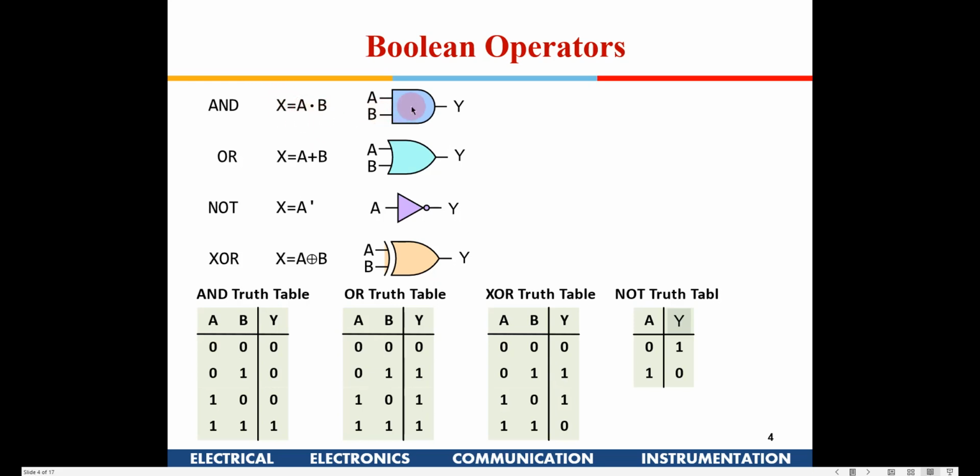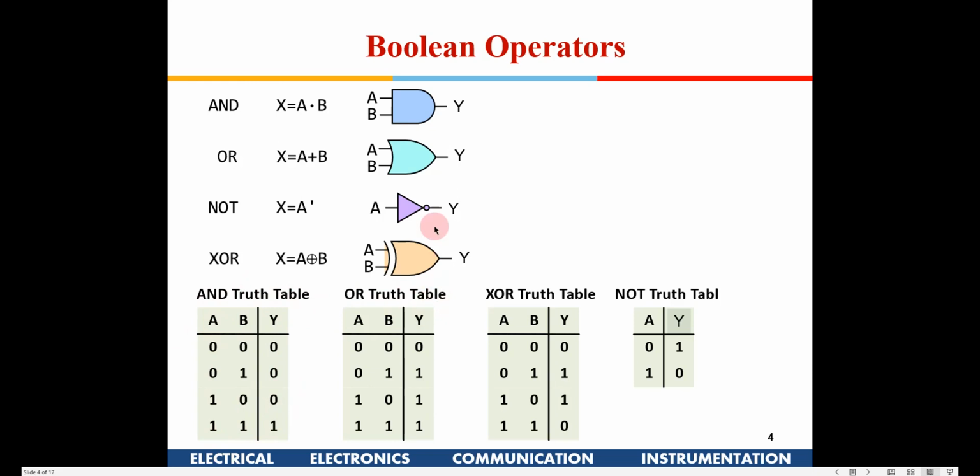The AND gate is given here, along with the AND truth table, which represents all the input combinations. So what is a truth table? A truth table is a table wherein you have all possible input combinations. Since it's a two variable gate, you have 4 different combinations. For an AND gate, the output will be 1 only when both the inputs are high. So this is the truth table for an AND gate.